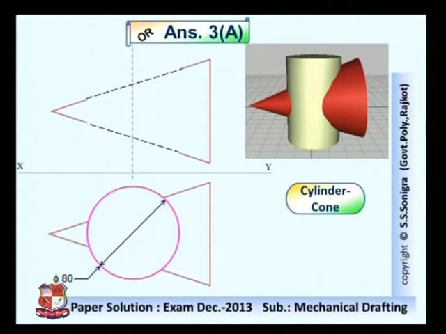Top view and front view of the given triangle. Height of this triangle would be equal to diameter of the cone, which is given as 75 millimeter, and these lines are dotted lines because these edges are inside this vertical cylinder, hence it will not be visible. So this edge from here to here and from here to here, that is shown by these dotted lines in top view as well as in front view.